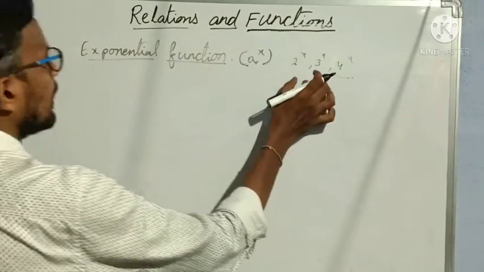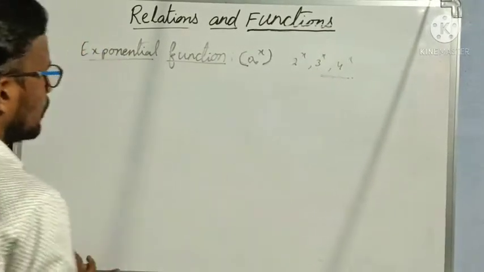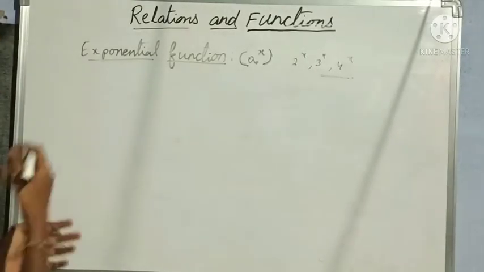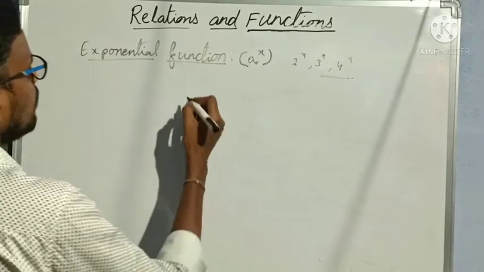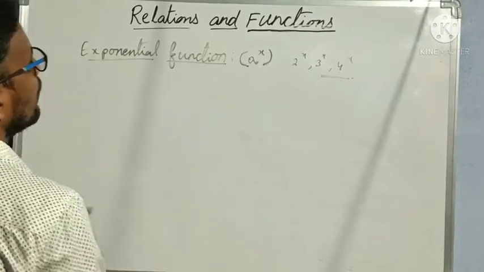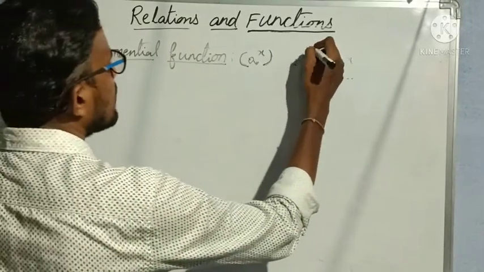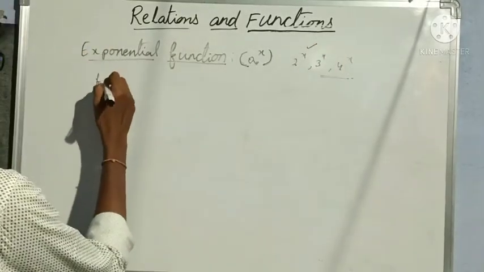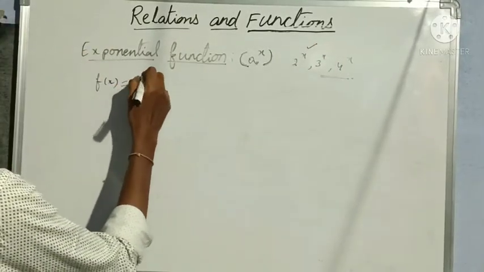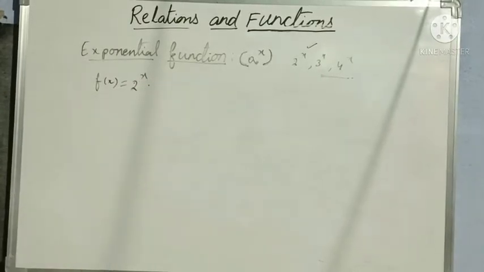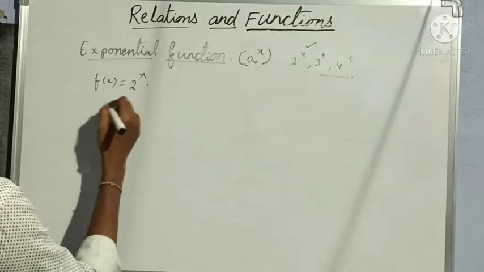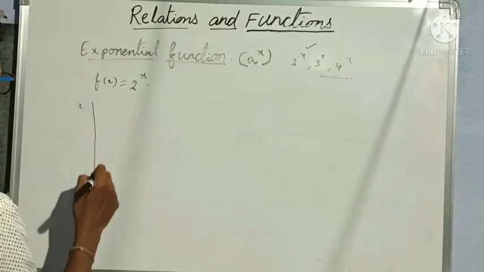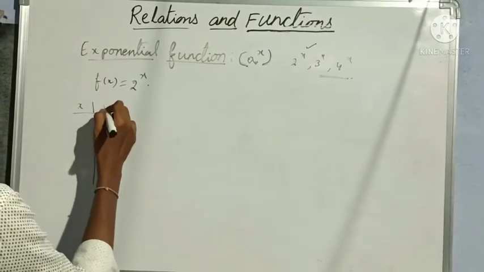So what will be the graph of the numeric exponential function, and what is the codomain, domain, range, and many to one or one to one, everything we will discuss. Clear? So now let us see the graph of exponential. Suppose my best example is 2 power x. So I am taking f of x is equal to 2 power x. Okay? When I take f of x is equal to 2 power x, then what are my values of x and y? So I am taking x and y values here so that I can plot the graph.